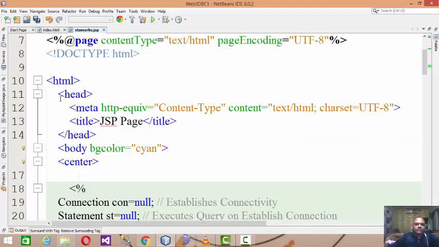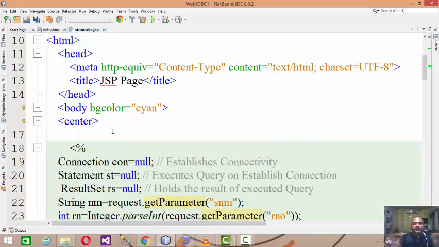Here the task is, once we are able to view the result, I have to perform two things. One is I have to read the data, establish the connectivity, and insert the data, which means I am performing the insert operation. And then the second is, once the insert is over, whatever data is available in the database, I have to fetch it also. So I am performing the insert as well as the select operation on the same page. Let us discuss it one by one.